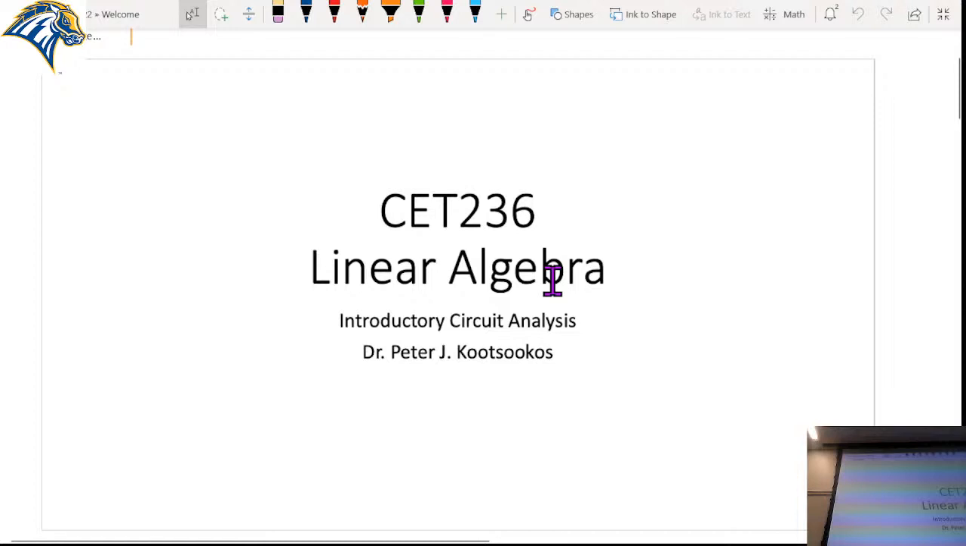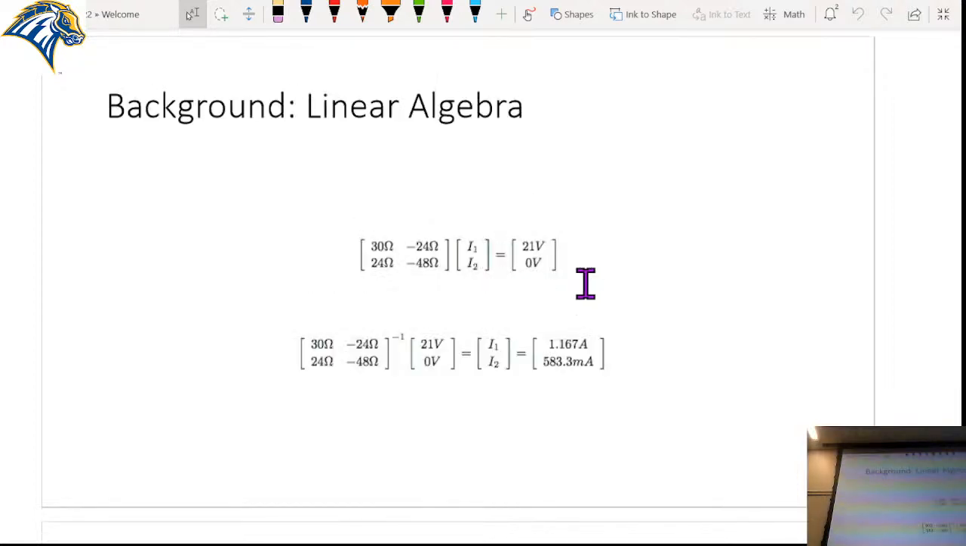So the sorts of problems we're going to end up with are problems like this, where we have Ohm's law equations, right? V equals IR. Here we've got a vector of voltages. Here we have a vector of unknown currents. And here we have a matrix relating the two